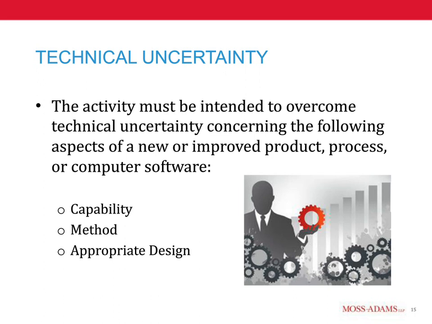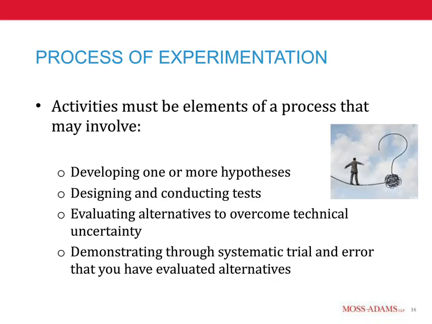So next up is the process of experimentation requirement. The way this is defined in the tax code is really just evaluating alternatives to eliminate those unknowns that you have in the beginning. Some common examples provided in the regulations are things like modeling, simulation, trial and error activities. And so, if you're a software developer and you're writing code and testing code and then making